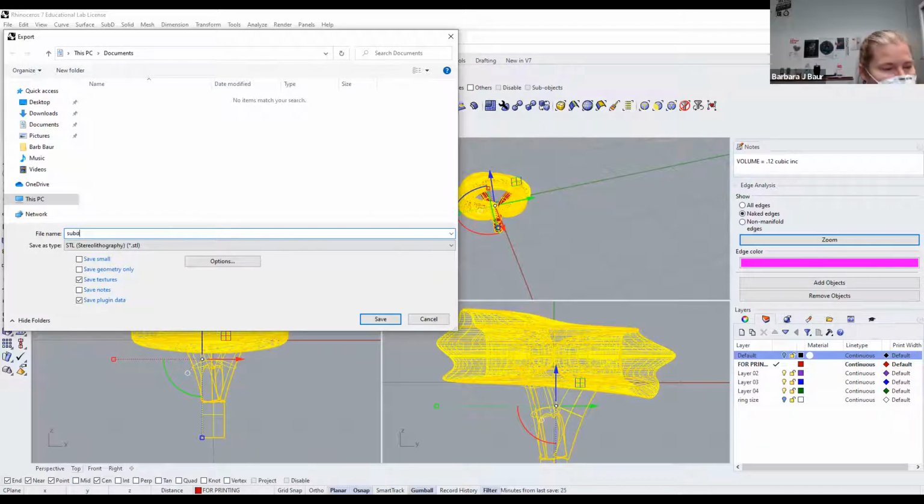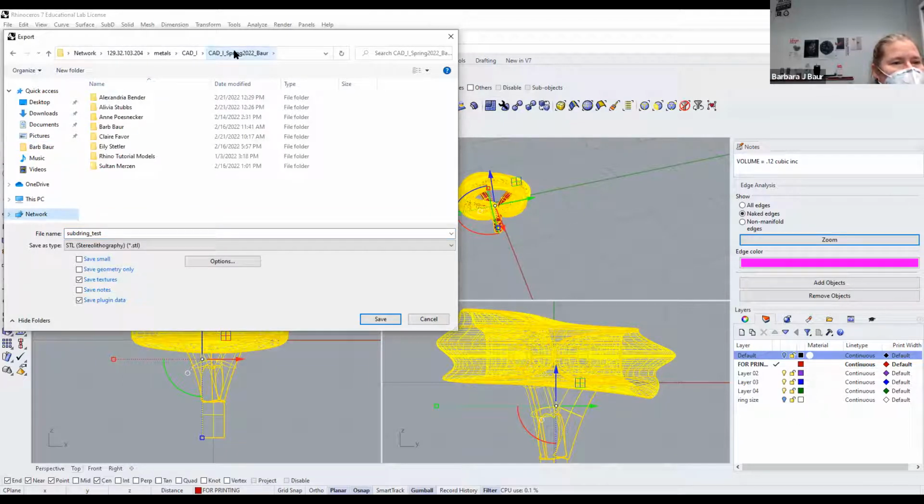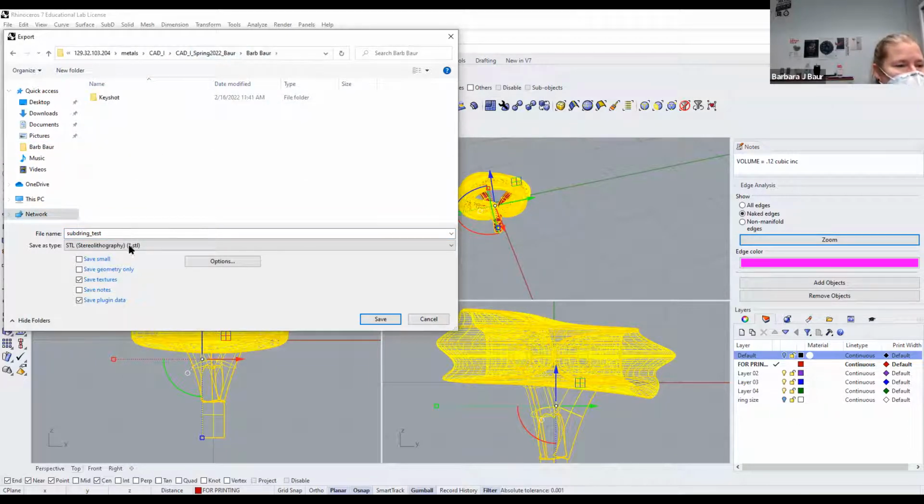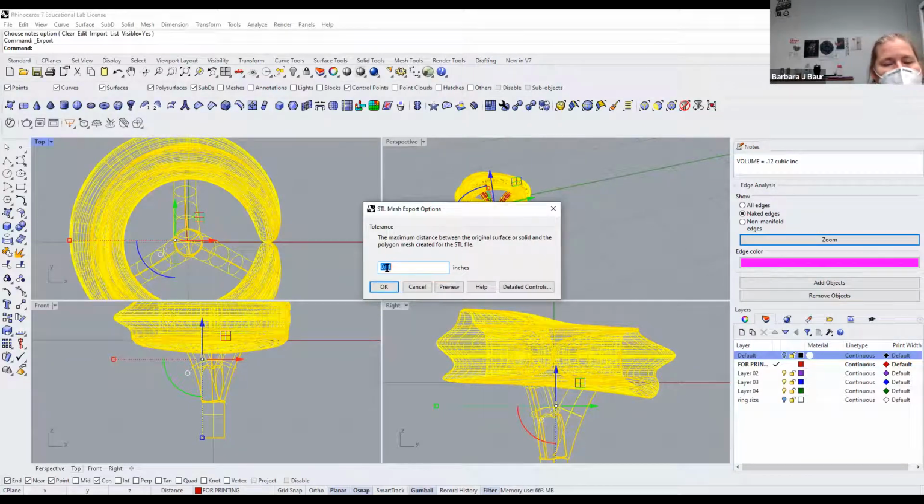I'm going to call this SubD ring underscore test, and I'm going to hit save. I'm going to save it in my Barb Bauer CAD I folder. This number should not be 0.01. It should be 0.001. And what this setting is for is